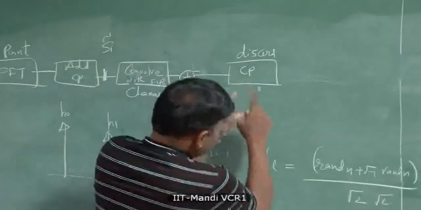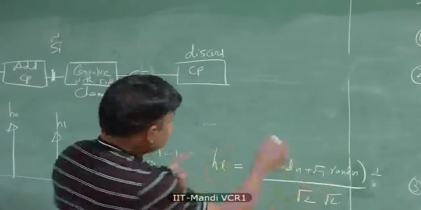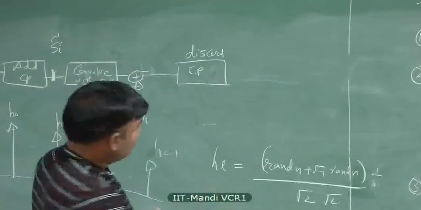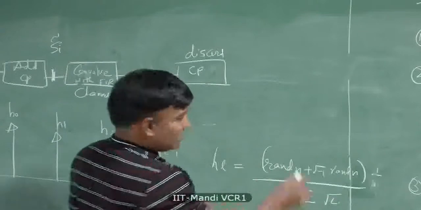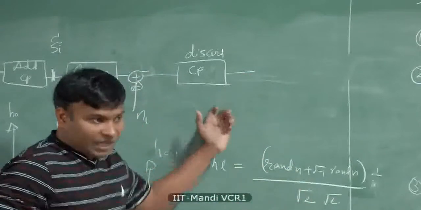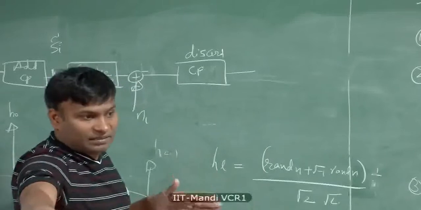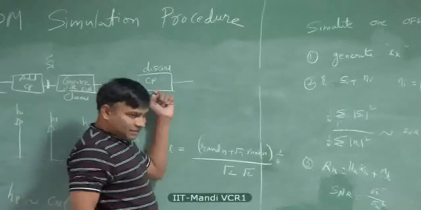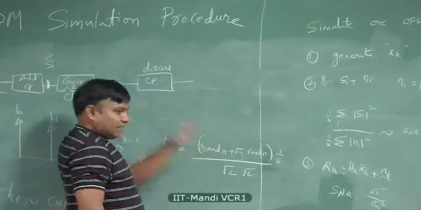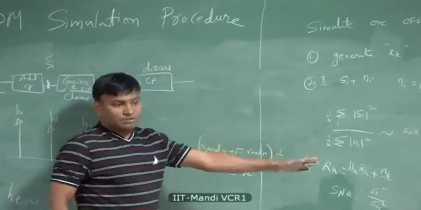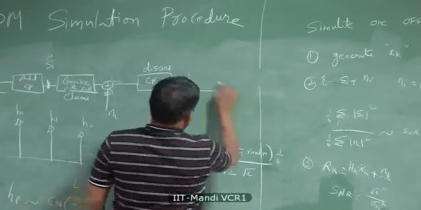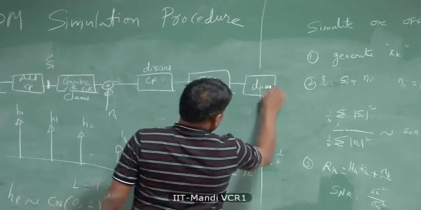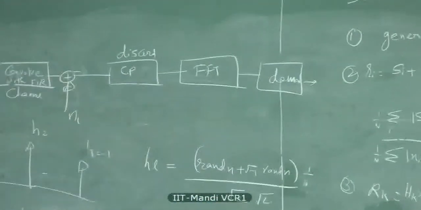So what you do is, you first discard the received samples corresponding to the CP length. That's what we call discard CP. Once you discard the CP, you start counting from there and collect n samples, and you will discard whatever is there at the end, because convolution lengthens the signal. So you will get n samples, go through the n-point FFT, and then demod. Does it make sense?